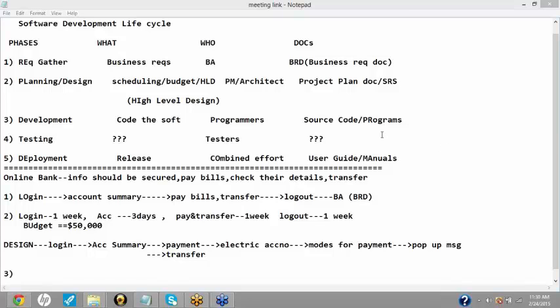But as a tester, from the coding point of view, when the coding is completed, you have to prepare the test cases and try to execute those test cases. Suppose my login has some proper specifications, we have to check whether that login functionality is working properly or not. And if at any moment there is a power failure, what should happen to the application? Or if it crashes all of a sudden, what should happen to your account? Whether your information is secured at that point or not. All these things you need to test from the tester's point of view.